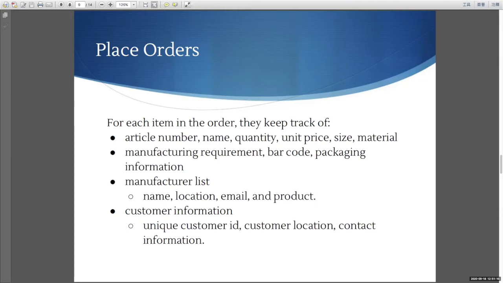They keep a whole list of their manufacturers, including names, locations, emails, and products, so that they can be clear of what manufacturers they have on their list. As for the customer information, they have a unique customer ID, customer location, and contact information to avoid any confusion.